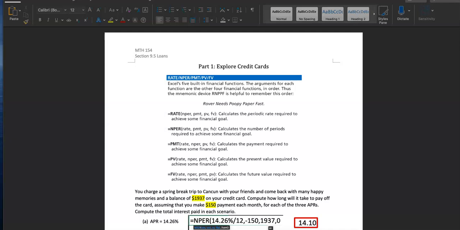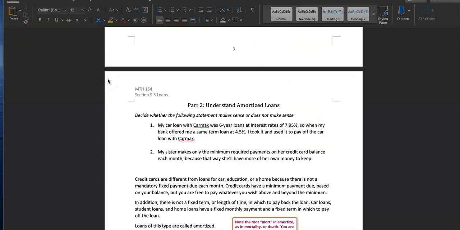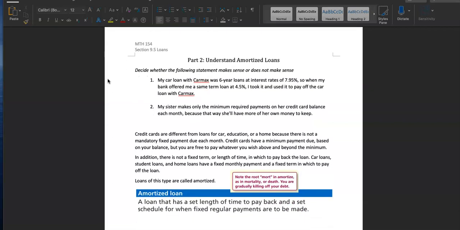All right. In section 9.5 loans, we do have two parts. Part 1, explore credit cards, and part 2 is understanding amortized loans. I'm gonna come back and post another video, a separate one on the amortized loan a